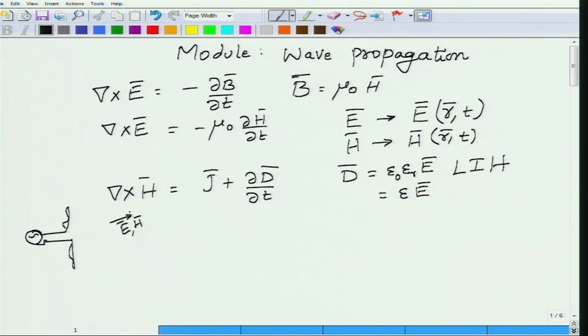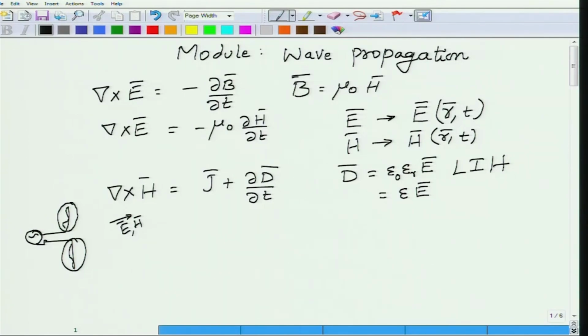This is the way they are generated, and J, the current density vector, is actually referring to this particular current. It is sometimes called the source current. It is the current at the